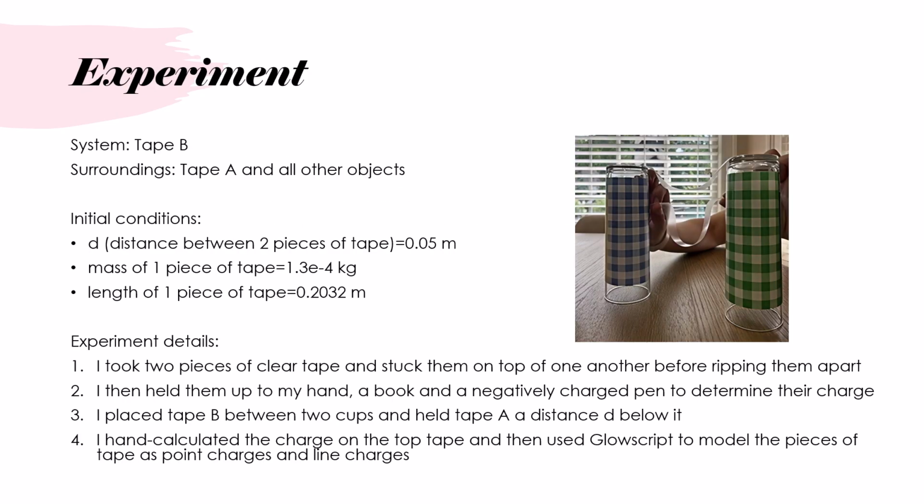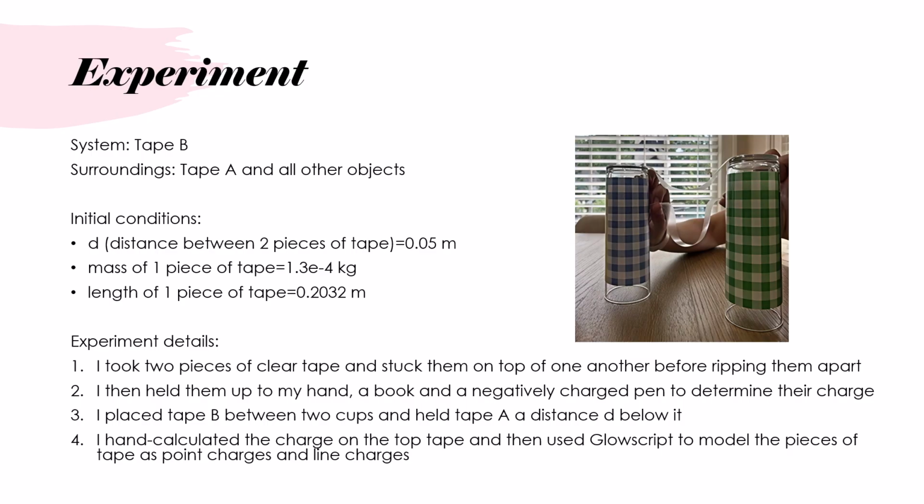Some details of the experiment: the system is tape B, the surroundings, tape A, and all other objects. Some initial conditions: D is 0.05 meters, the mass of a piece of tape is 1.3 e to the negative 4 kilograms, the length of a piece of tape is 0.2032 meters, and then the steps of the experiment: